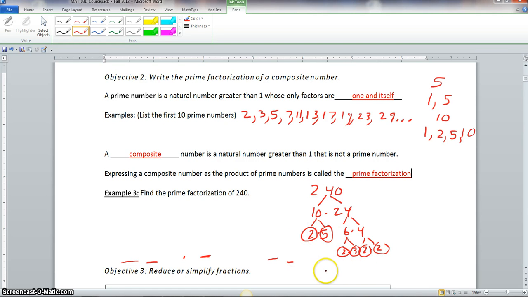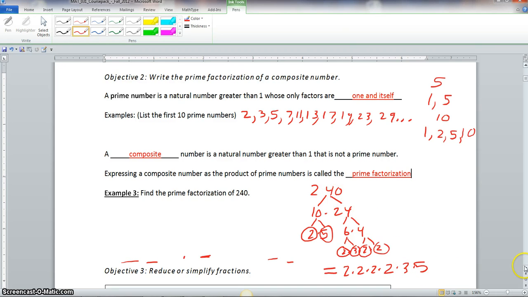So now we're going to write out this prime factorization. Now what I like to do is write from the smallest to the larger numbers. So we have 4 2's, and we also have a 3 and a 5. And when you multiply these numbers, it will give you 240. 2 times 2 is 4, times 2 is 8, times 2 is 16, times 3 is 48, times 5 is